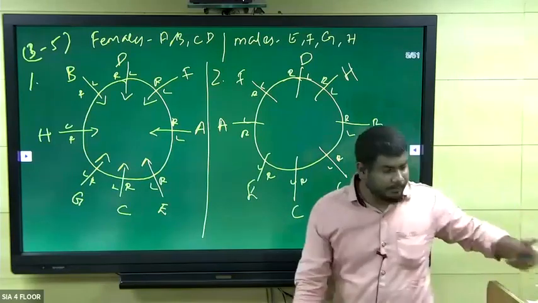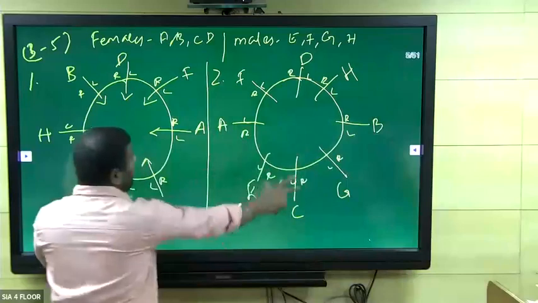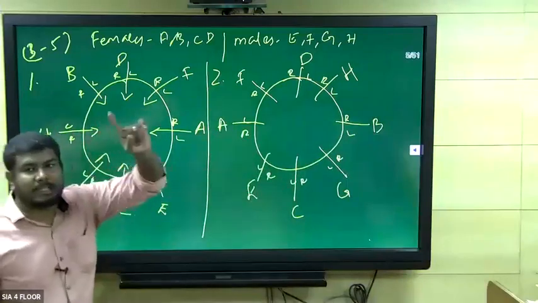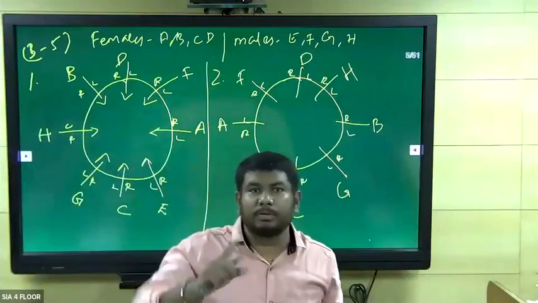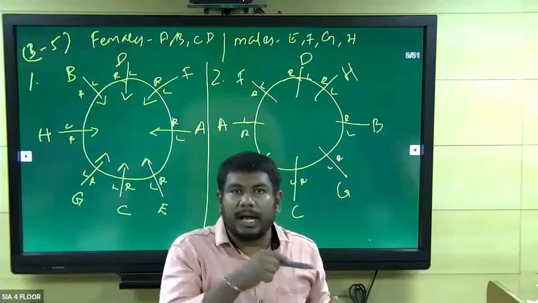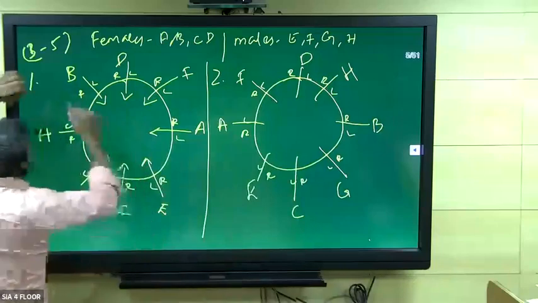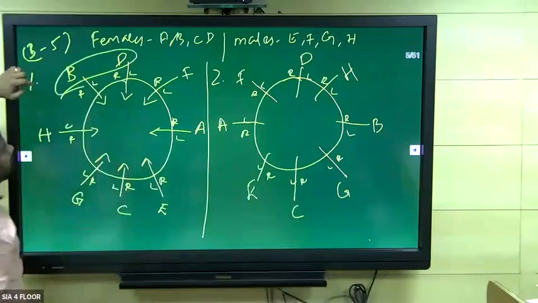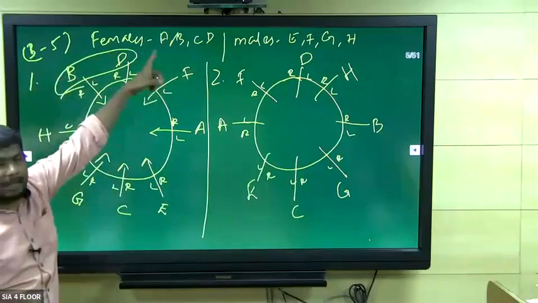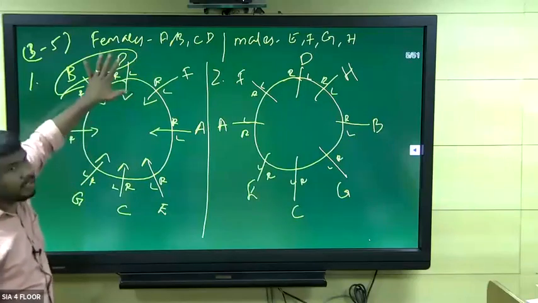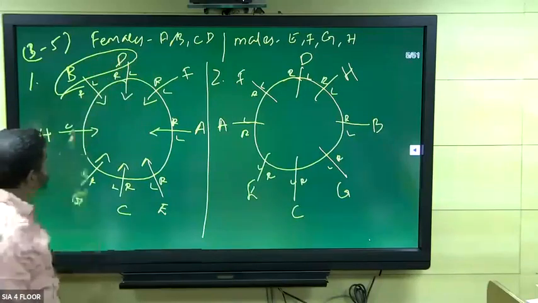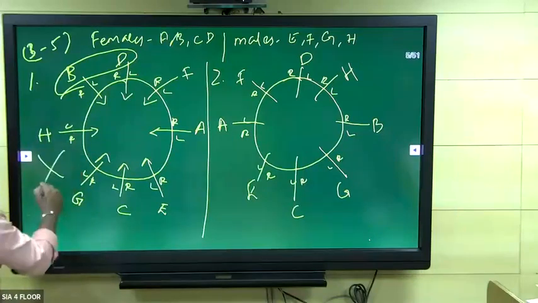Right. Okay, listen here. So both cannot be right, because what's our first condition? No two ladies and no two gentlemen can sit together. But here, B and D are females, right? They do not sit close to each other, right? So according to the given statement, the first one is wrong.